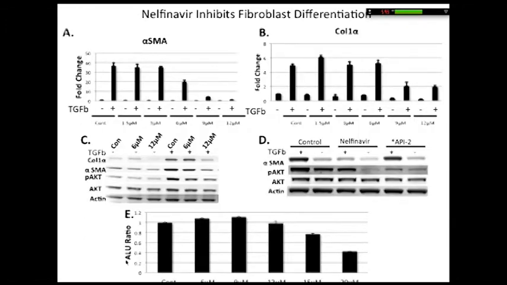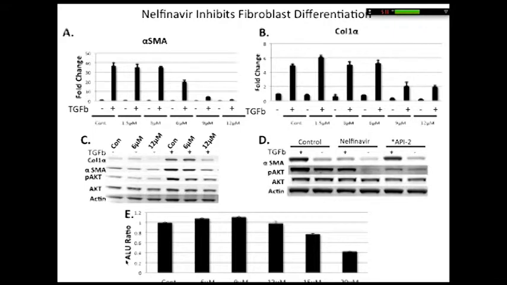All right. And so a little further work with these human lung fibroblasts, just to illustrate that with Nelfinavir, we get a reduction in alpha-smooth muscle actin and collagen at the level of RNA as well as at the protein level. And you can see that the phosphorylation of AKT is involved here. We're not killing the cells at these doses. And in human beings, I think it's important to point out that with AIDS patients, you might be in the 3-4 micromolar range, but you certainly can crank it up, and that's been done in the cancer patients as well.